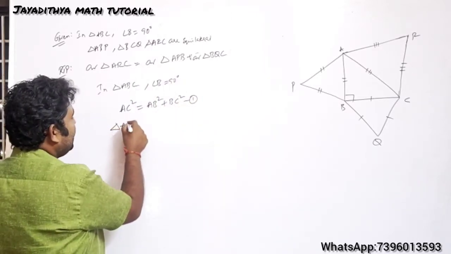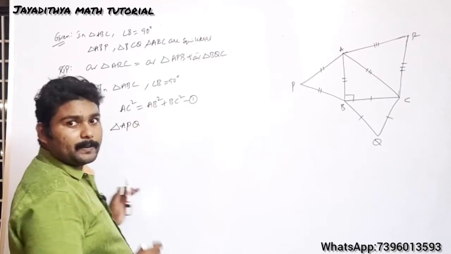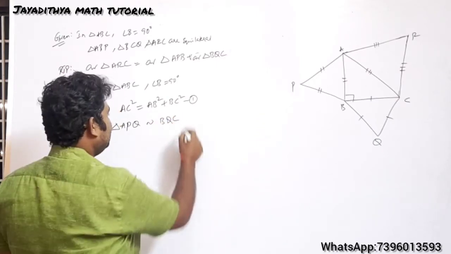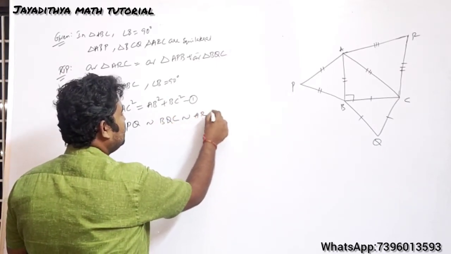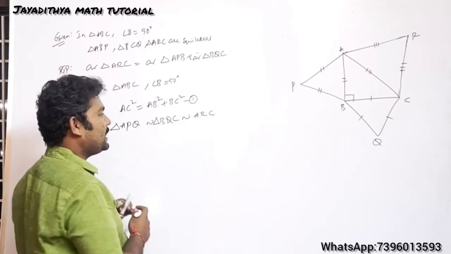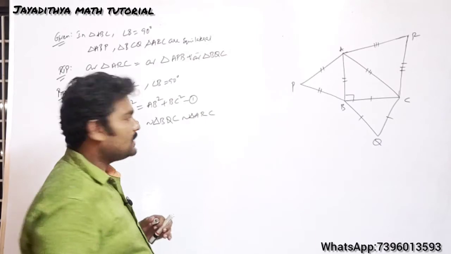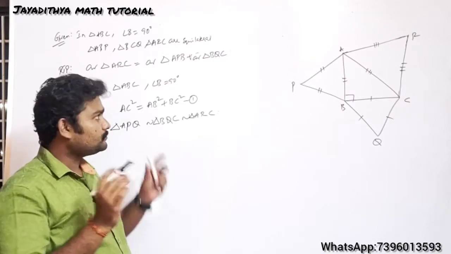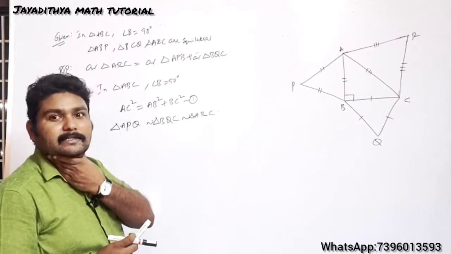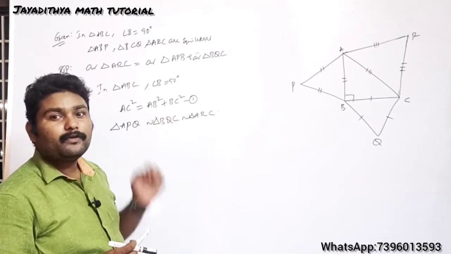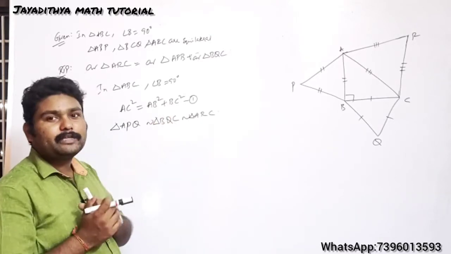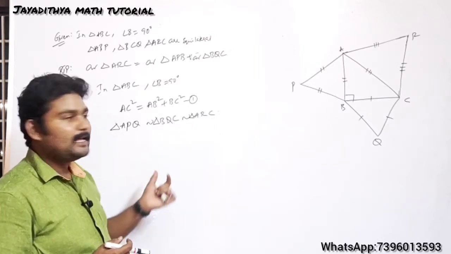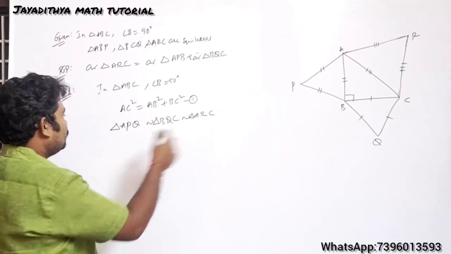So I am writing like this: triangle APB is similar to BQC is similar to ARC now. So triangle APB is similar to triangle BQC is similar to triangle ARC. Why? Because all are equilateral triangles. Write the reason there. So now what we will be doing is, take the ratio of their corresponding areas. Take any two triangles and try to find the areas here. Always you should take the caution that you take the ARC triangle in the denominator. Okay now, clear?